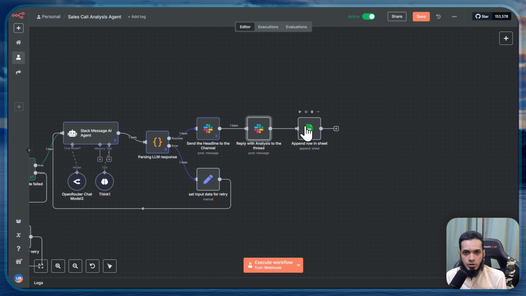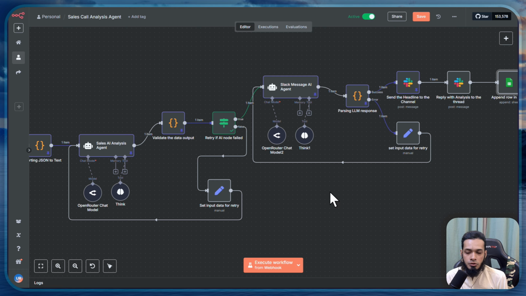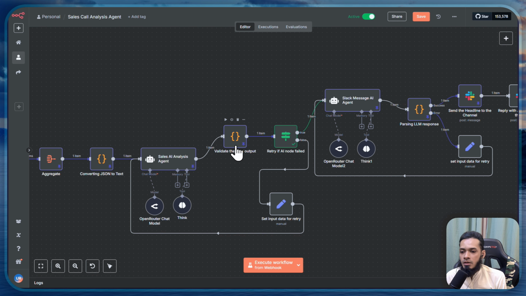The next step is Google Sheets. We're logging everything here. And the problem I was running into was that I was not able to get the token usage for these AI models. That was really a blocker for me. But then I realized that we could have used a code block to calculate the input tokens from the transcript and from the system prompt, combining that together and running some logic to create a cost for this run flow, because it could be 90% accurate with a 10% margin plus or minus,